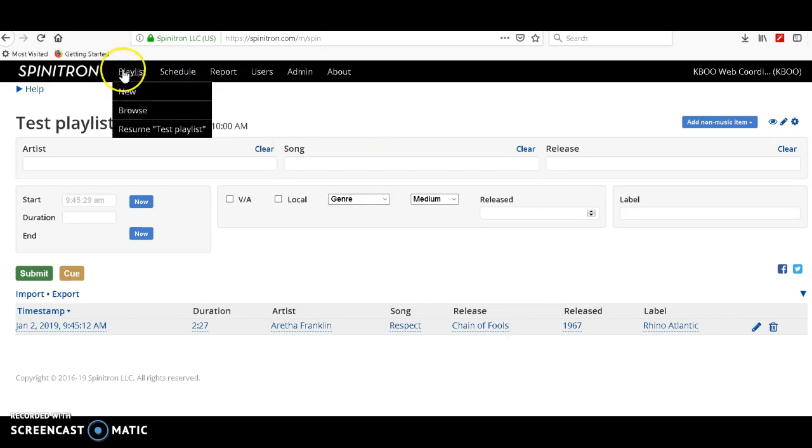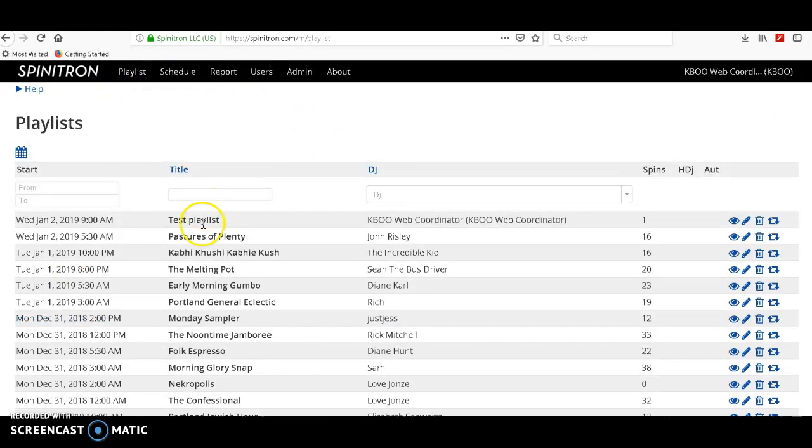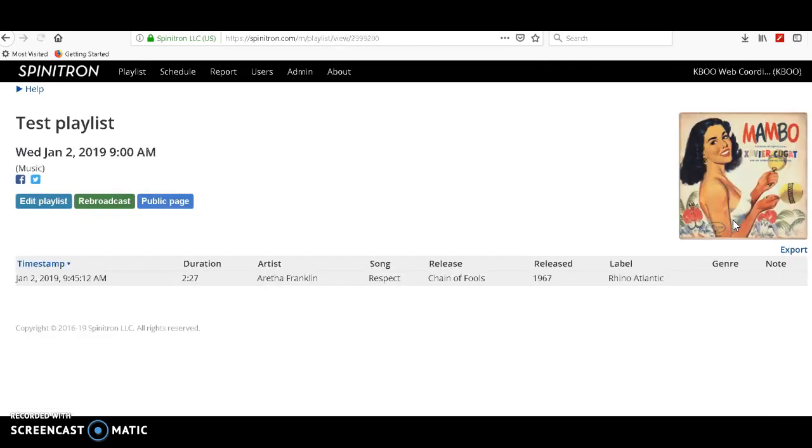Then you can go to browse and see the test playlist is on the list of existing playlists, and you can view it, and there's our one song. Whatever songs you add will then be on there listed, and then they will automatically appear on the KBOO website